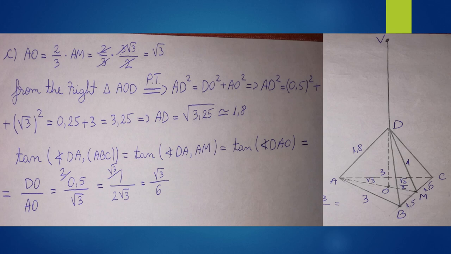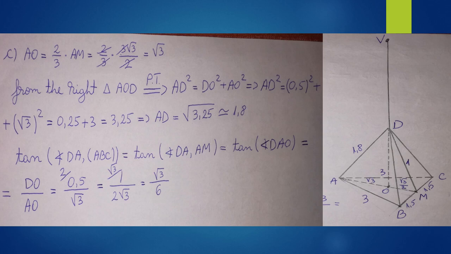Point C. AO is equal to 2/3 of AM, which is equal to 2 over 3 times 3 square root of 3 over 2, which is equal to square root of 3. From the right triangle AOD, we have with Pythagoras theorem that AD squared is equal to DO squared plus AO squared. So AD squared is equal to 0.5 squared plus square root of 3 squared, which is equal to 0.25 plus 3, which is equal to 3.25. So AD is equal to square root of 3.25,